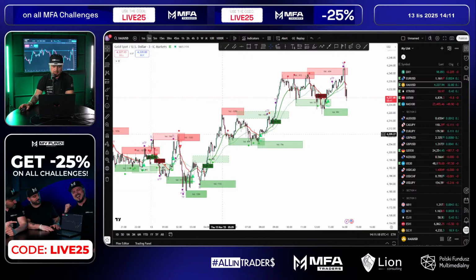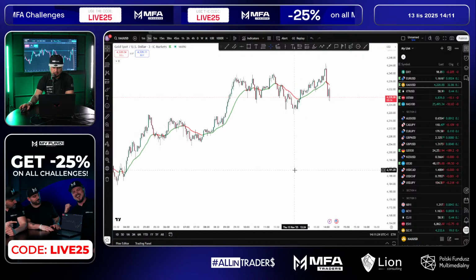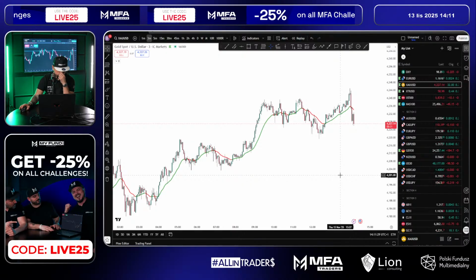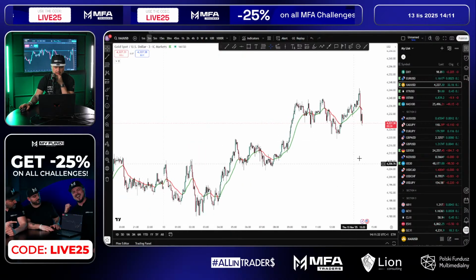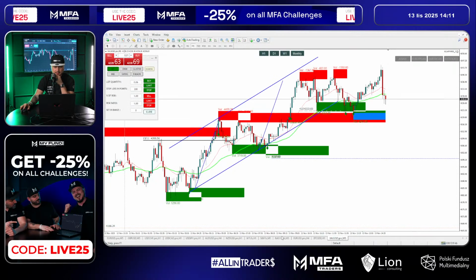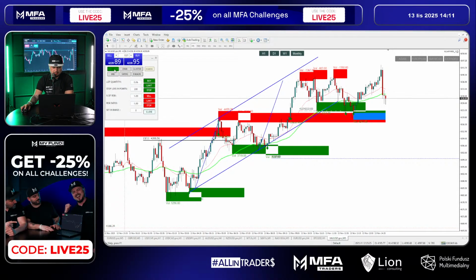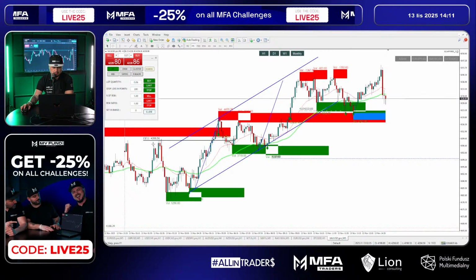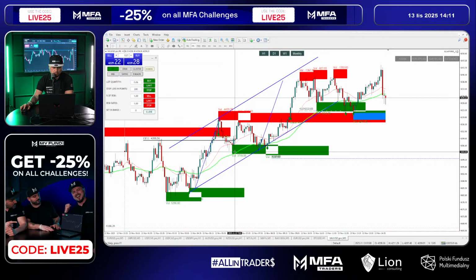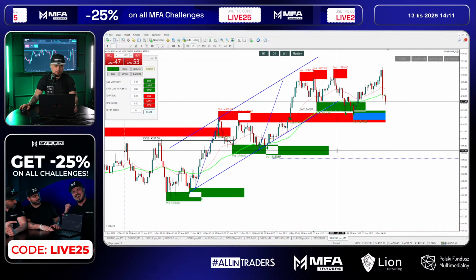So let's have a look. What can we find? If we are able to find some opportunities, I think we can try to find the setup from the morning, because in the morning we had a session. Let me just show you where that target is. This target is done. Gold. No, this is done. I thought we had a target in the morning. That was planned from the morning.